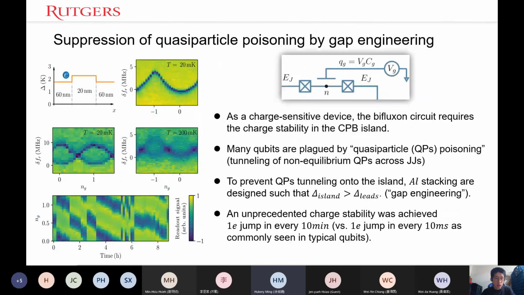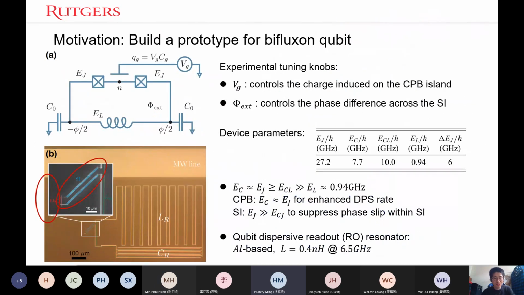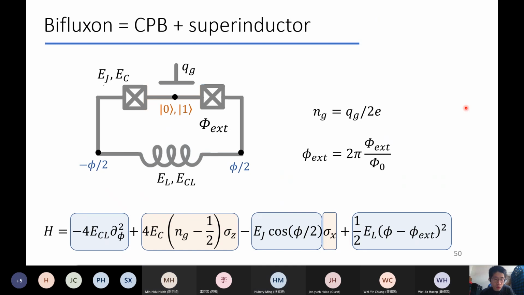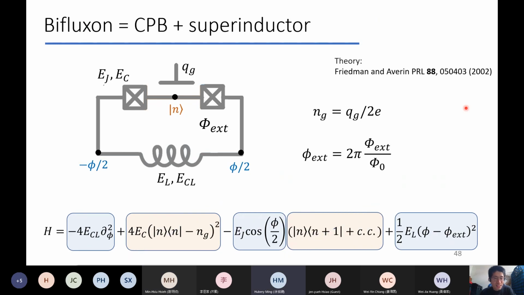Oh, okay. I think I'm not the best person to answer this. You mean why the T1 enhancement can be further improved by EJ by making more symmetric junctions. That has something to do with the Hamiltonian. We need to break down the Hamiltonian to see this EJ. Let's see if I have a slide. I have a slide I stole from Constantine. This is a circuit Hamiltonian, and